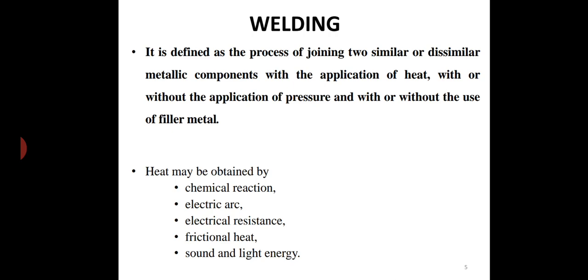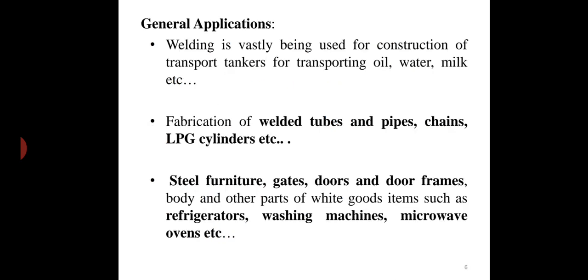Heat is being generated. You can have chemical reactions like in thermite welding. You can use electric arcs or electrical resistance to generate heat. Frictional heat you can use. Any form of sound and light energy also you can use to generate that heat. Major applications we already discussed, and you can see here steel furniture, gates, doors, washing machine, microwave oven,